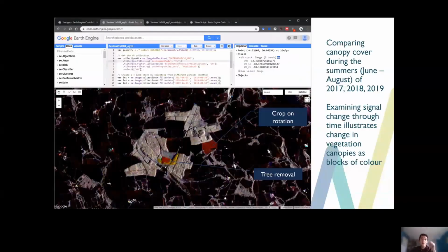So here is one such image that we produced earlier on in the project, describing changes in the land surface structure during the summers, i.e. June to August, of 2017, 2018 and 2019. In this example, dark areas describe parts of the landscape with a low land surface structure, for example, open fields. Lighter areas describe places that have a higher land surface structure, for example, wooded or urban areas or features. Anywhere in this image where another colour can be seen describe regions of change in the observed land surface structure